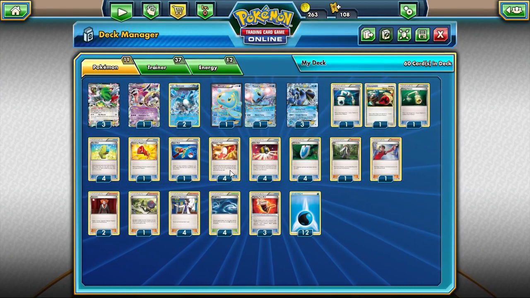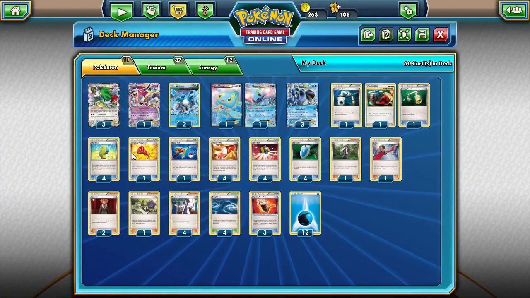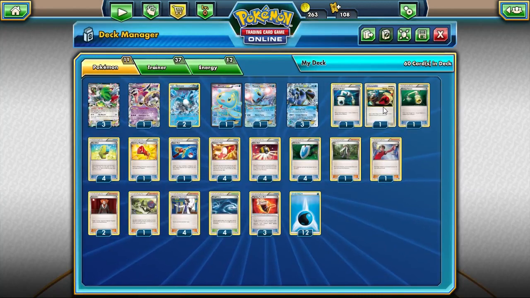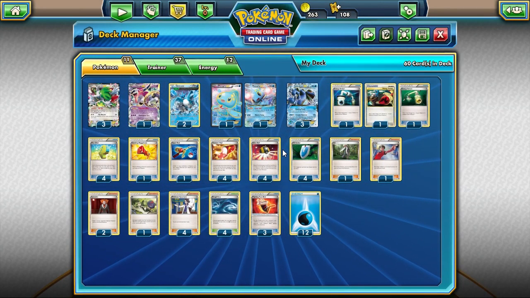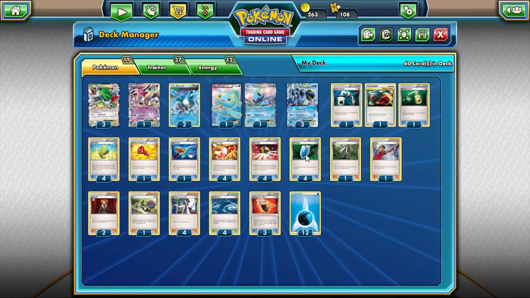Yeah, for Trainer's Mail, because why not? Yeah, we play 4 Max Elixir and Energy Switch, which we want to hit as early as possible. So Trainer's Mail is just really good in this deck. Same goes for the 4 Ultra Balls and the 4 Vs Seekers. Of course, we play